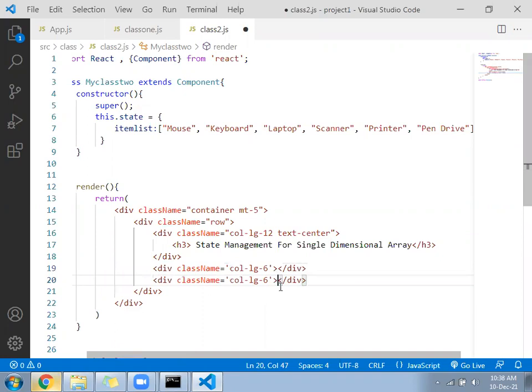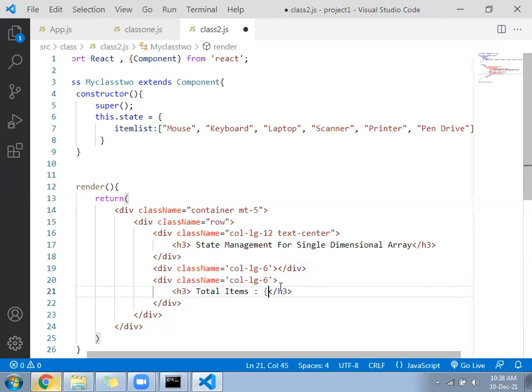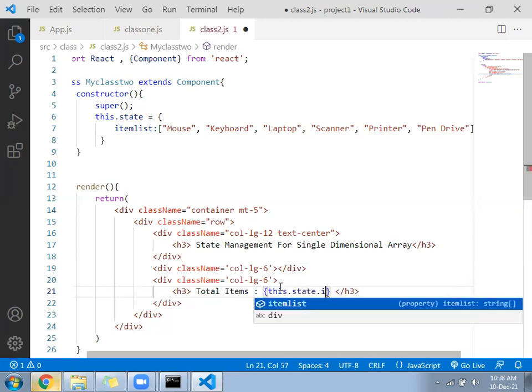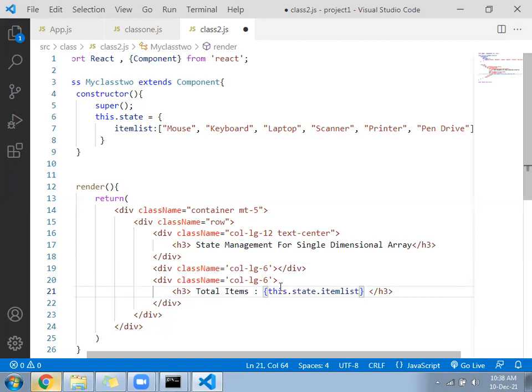Inside the second col-lg-6, you will print here H3, total items, this dot state dot item list dot length.